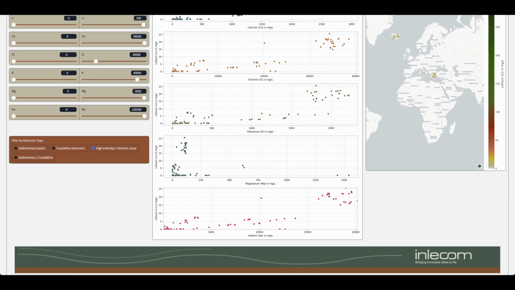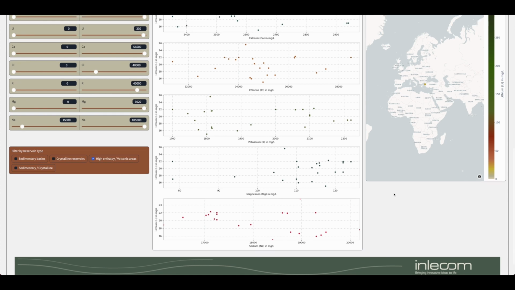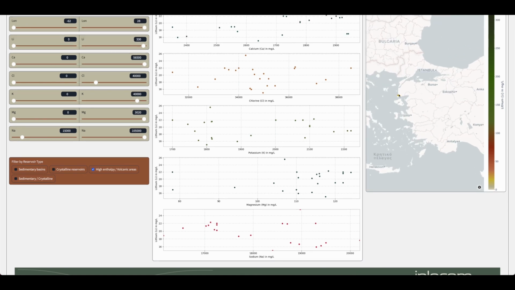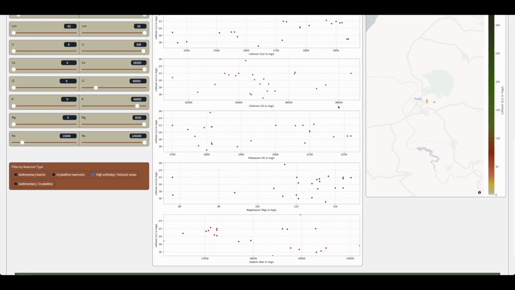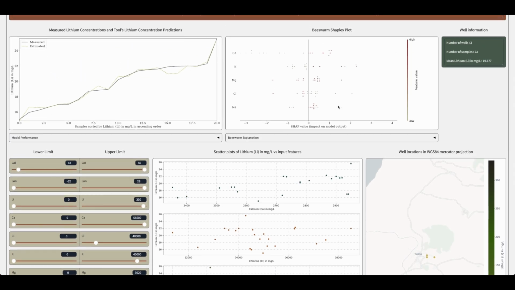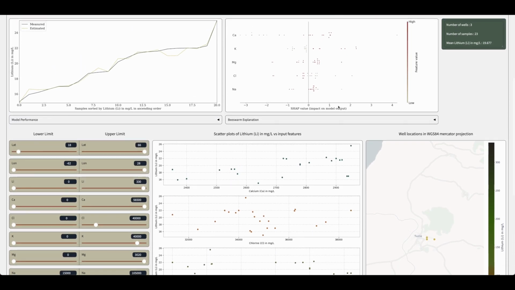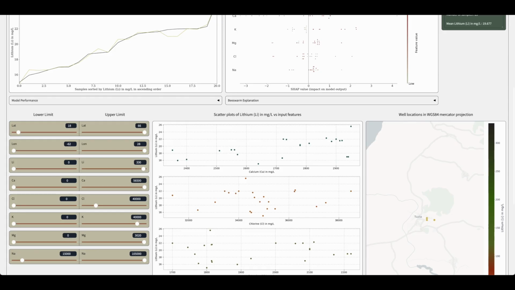Next, the sliders are narrowed to extract the cluster of high lithium, achieved by limiting the sodium lower limit to 15,000 mg per litre, where the distinction is more evident. This cluster corresponds to the 3 wells of Tuzla geothermal region in Turkey. The key observation is that this geothermal region deviates from other high enthalpy regions, with potassium as the most significant deviating feature, alongside salinity and calcium levels, but with low magnesium values as shown in the previous step. This alignment with the literature not only validates the analytical approach employed, but also enhances the credibility of the model's explainable capabilities.